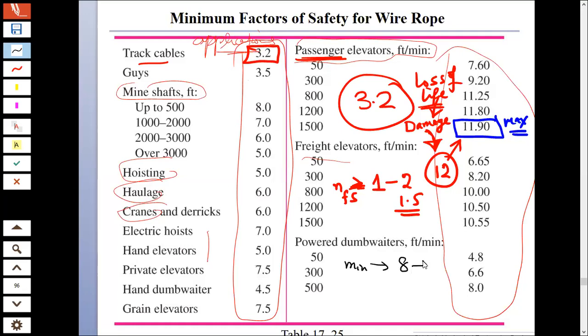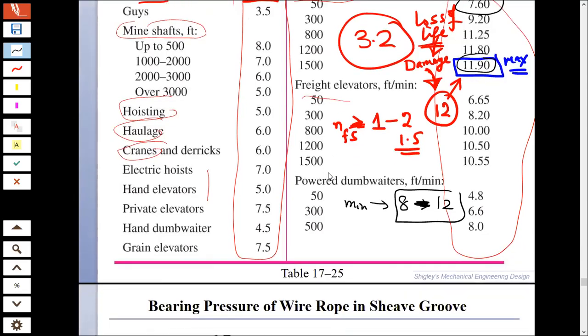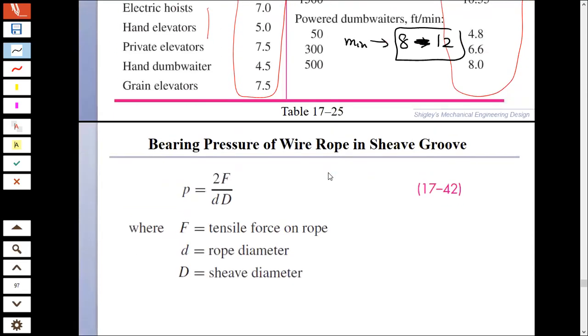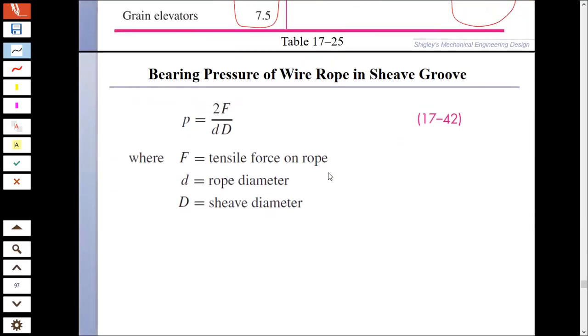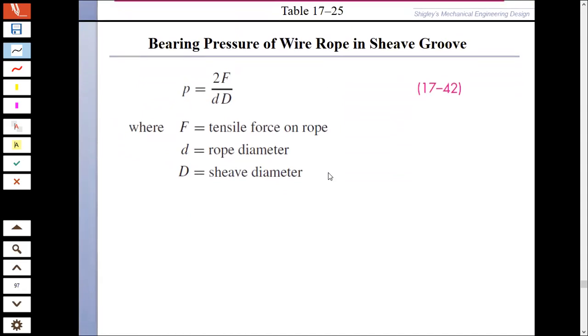8 से लेके 12 तक हम लेते हैं। ठीक है जी। अगर आप देखें यहाँ पे तो दिस इज 7.60, एंड यहाँ पे आप देखें तो दिस इज 12. तो 8 से लेके 12 तक हम फैक्टर ऑफ सेफ्टी ले रहे हैं। मतलब वी टेक वेरी मच प्रिकॉशन कि हमारा जो एलिवेटर है दैट इज सेफ। ठीक है जी। अच्छा, अब हम आते हैं बियरिंग स्ट्रेस के ऊपर।